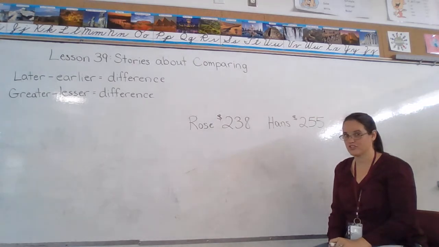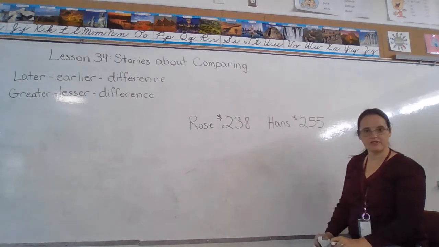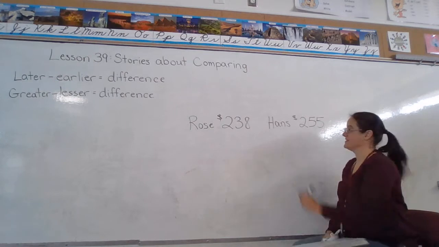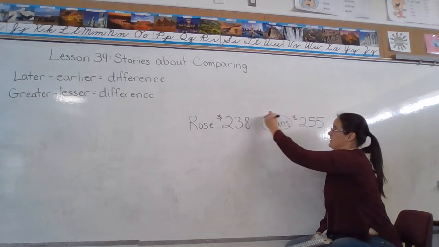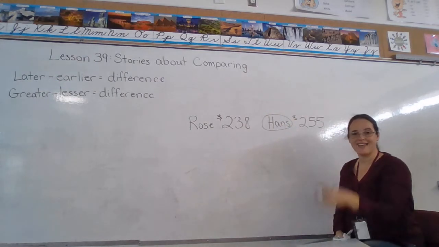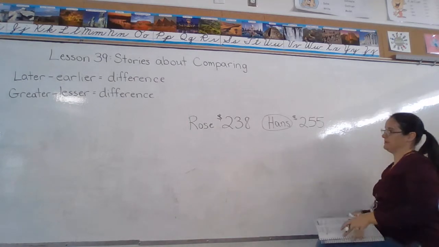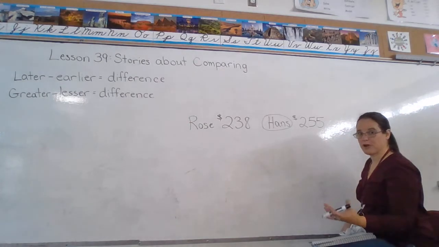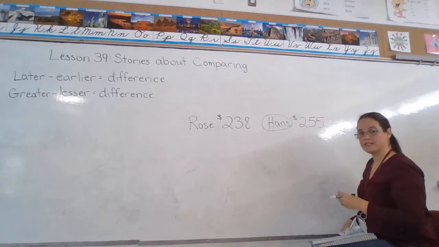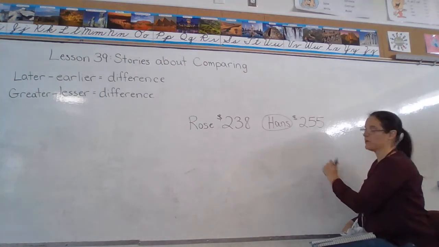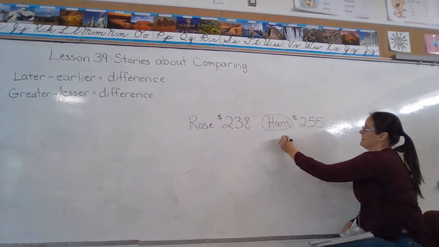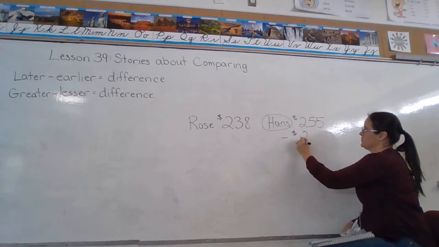That was the first question. Which number's bigger? Hans. So our first answer is going to be Hans, and that also helps us set up our problem because this is a difference problem. How much more wants me to find the difference between the two prices. So $255 minus